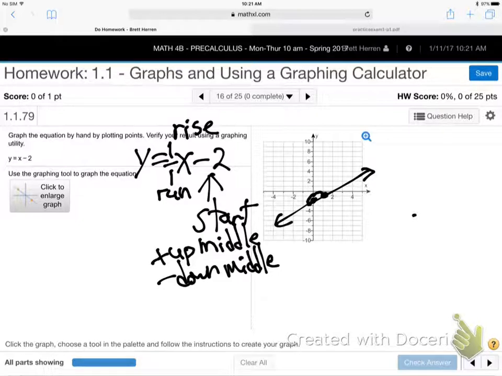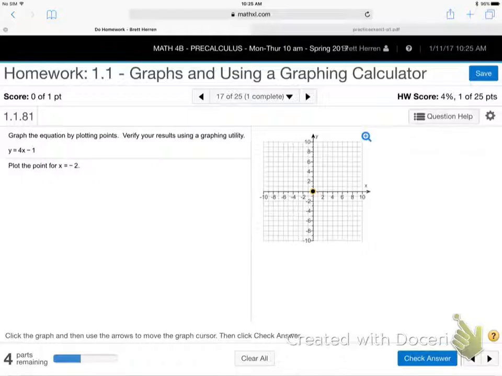So I can show you how Math Excel works. All right. So there it is. Okay, so they're saying plug in. So that means just